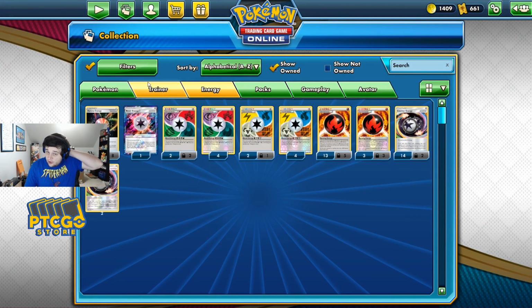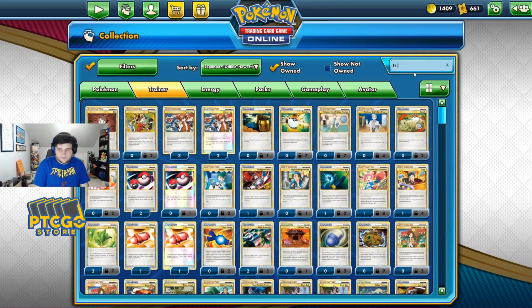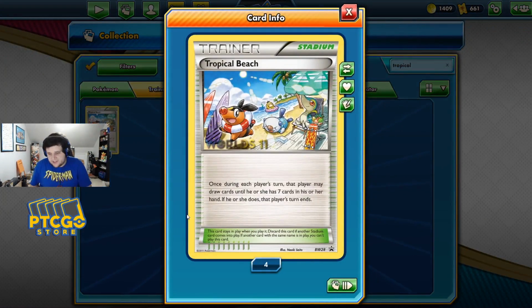Oh, I didn't show. Let's turn off. I think filters are turned off. The main one here, I do have 4 copies of Tropical Beach from Worlds 2011. I did not play in Worlds 2011, as you guys know from what I said earlier. I started playing around when Ancient Origins came out. So I got these